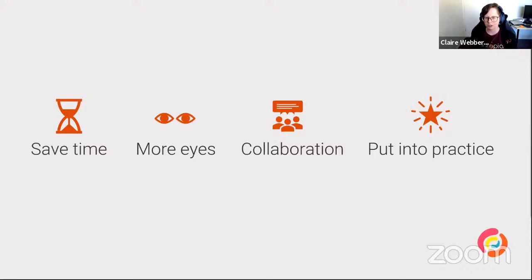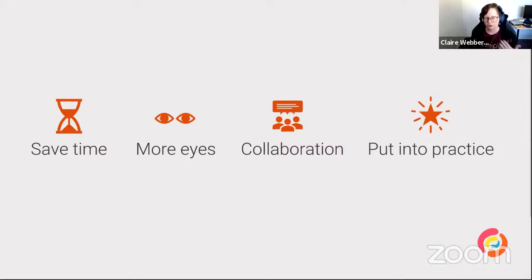Also bringing more eyes across the project and building collaboration in teams. More people will be looking at the accessibility when we bring it earlier, increasing that communication and collaboration through our different teams. As Sarah mentioned, it also helps build test cases later on. Making that really clear, what's required for accessibility and what we're expecting in the end product, will help build test cases when we work closely with our test team.